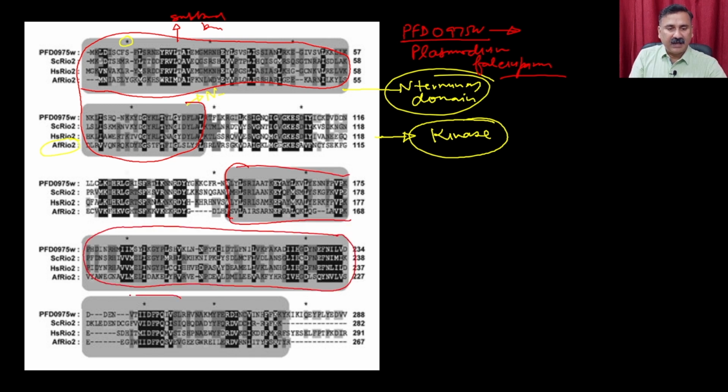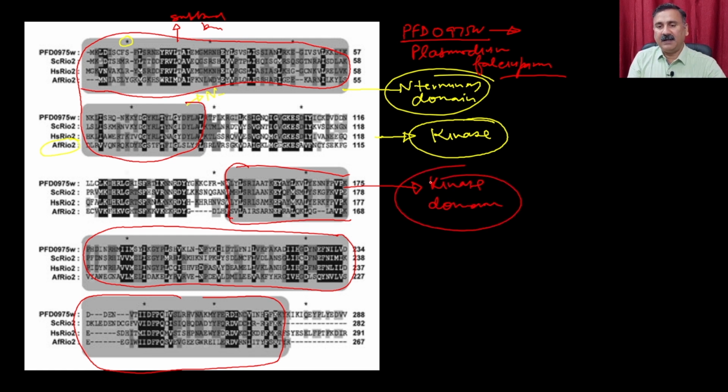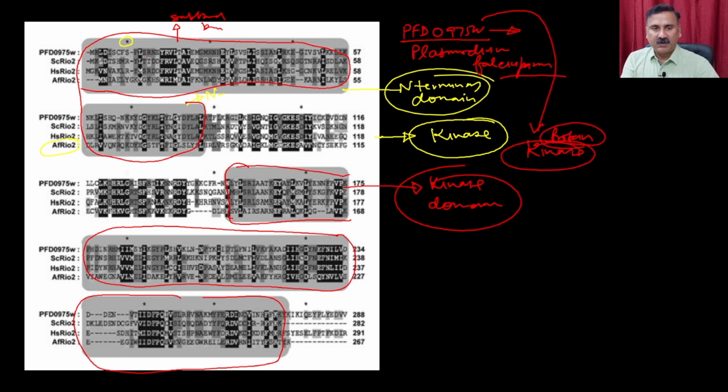whereas this sequence that you see, because it is matching exactly with another homologous protein, is the kinase domain. Based on this, we have said that PFD0957W is a protein kinase, and it is going to have substrates. Because the homology is less in this particular region, it is difficult to identify the substrate simply by looking at this. But at least we know that it has an ATP binding cassette,